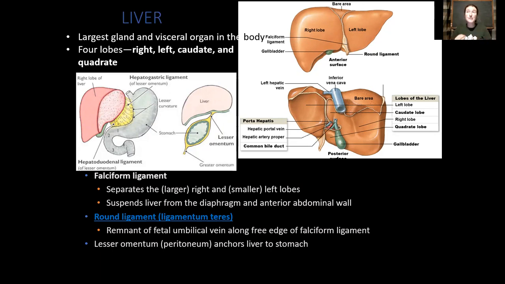This double layer, of course, functions like any other serous membrane. It is going to hold your organs in place, specifically allowing the stomach to hang off of the liver. Also, we can store a little bit of fat within this double membrane as well. Okay, so in this image here, we can see that the peritoneum wraps around the liver, then wraps around the stomach, and wraps around the liver to the other side. And here, in between, is the lesser omentum.